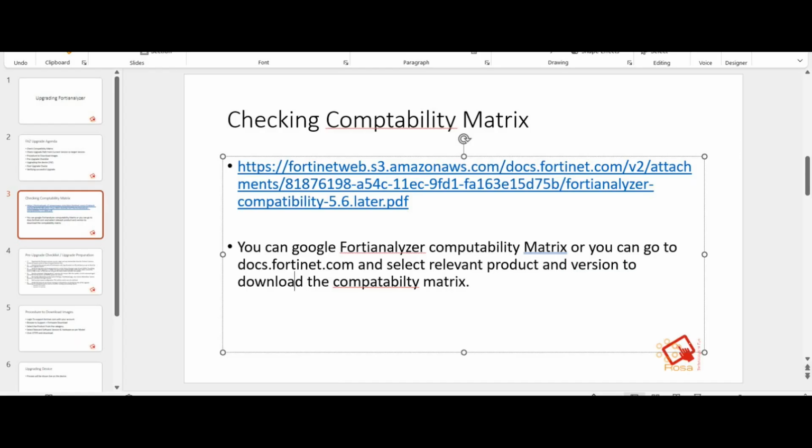So I see, yes, it's very much compatible with my software, with my target version. This way we can verify whether the FortiOS software version is compatible with the FortiAnalyzer software version. Once the compatibility matrix is verified, then you can decide whether you are okay to go for an upgrade of